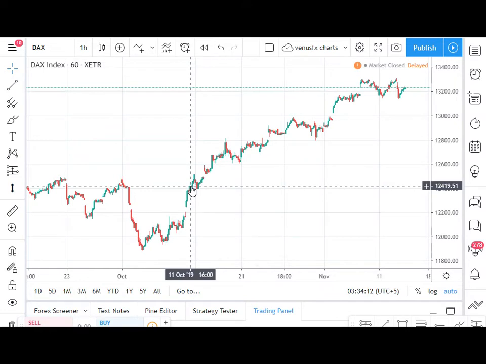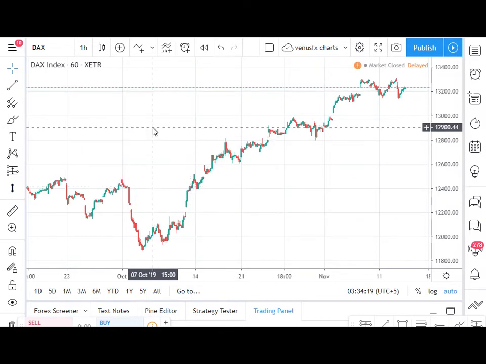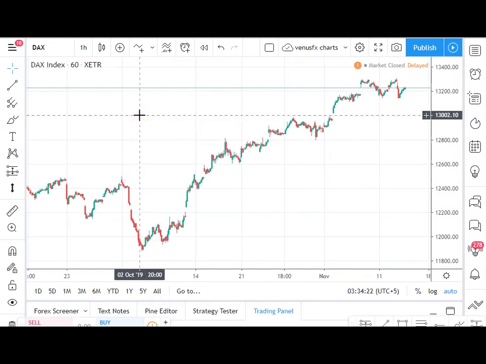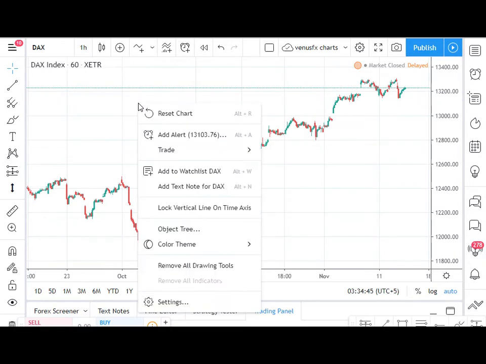Okay, now let's come to the point of which settings we use and why for our trading analysis. So first of all, I use dark theme. Why? Because it is very harmful for us to watch a white chart or a white screen for a very long time. Sometimes I day trade, but anyway we have to look at the charts for long hours. So it is better if you set